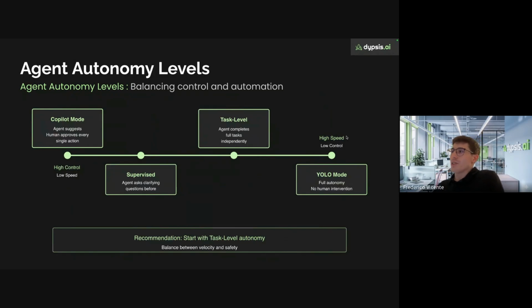And then you have, let's say, a YOLO mode, where you basically give almost all control to these agents, you maybe just spend time planning things, and then you let it do a lot of changes, and you just review things after several tasks have been made, for instance.